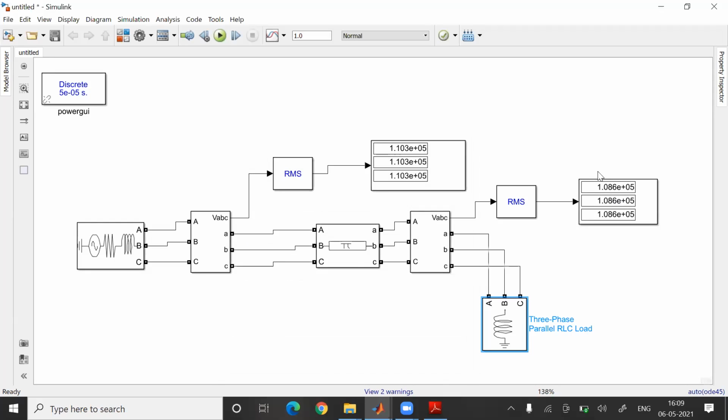It was earlier 1.226 e to power 5. Now it has been reduced to 1.086. So you have to choose a way that your sending end voltage would be the same as your receiving end voltage at this end. So this was all about this experiment.